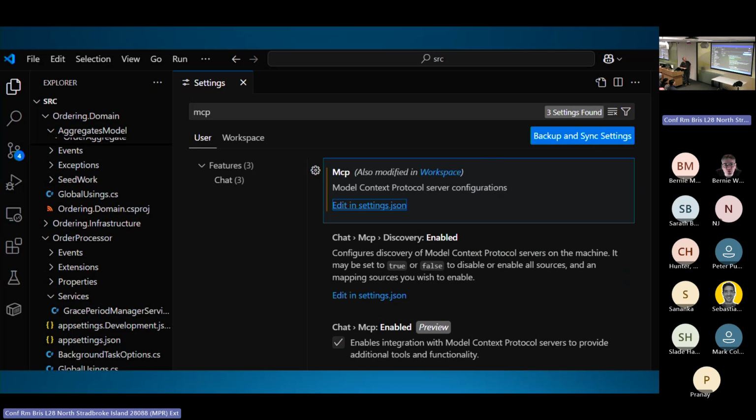Interestingly, with these settings, you can store them against the user or the workspace. Right. So obviously, if you do it in the user, it only applies to you. So no one else will see them if they pull down the project. Whereas if you put them in the workspace, it actually creates a